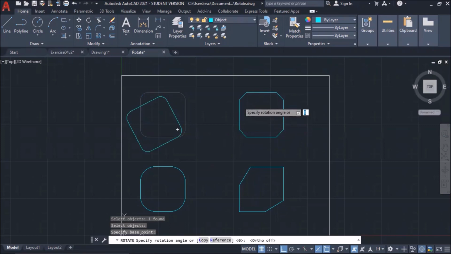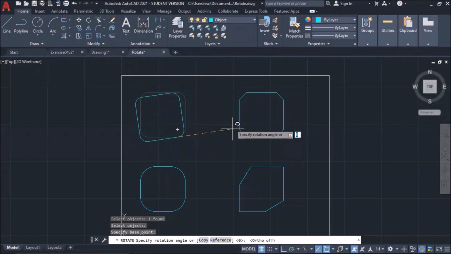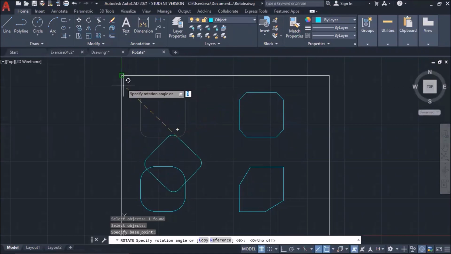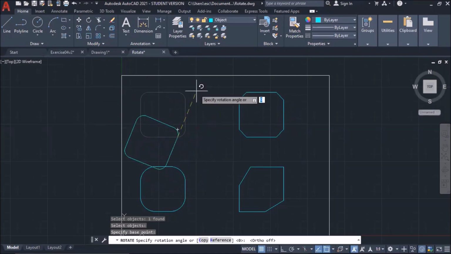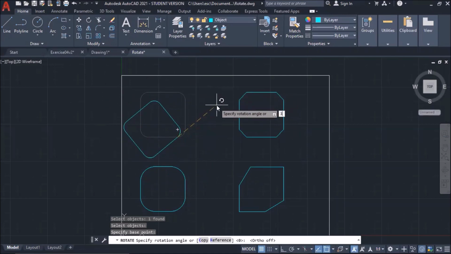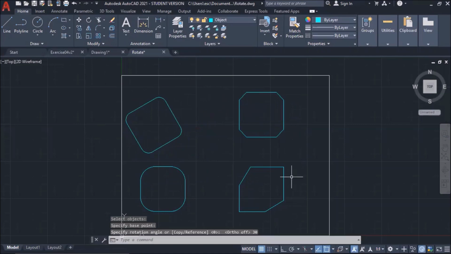Okay, now the angle of rotation depends on you. If you want to make it 30 degrees, 90 degrees, 180 degrees, it's really up to you. Okay, in this case, if you want to use a 30-degree rotation, you can just type 30. This one, if you want to rotate this 90-degree angle, all you have to do is to, instead of clicking